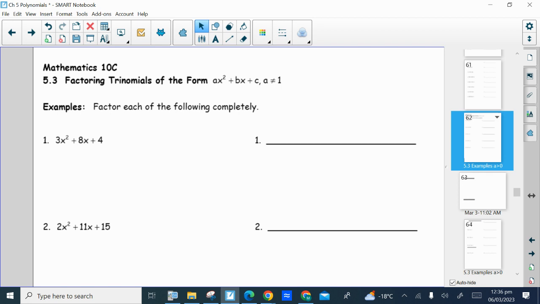So you can see we're factoring trinomials of the form ax squared plus bx plus c, where a doesn't equal 1. It's going to be something different. Like the first one, the number in front of the x squared is 3. But there is no common factor,